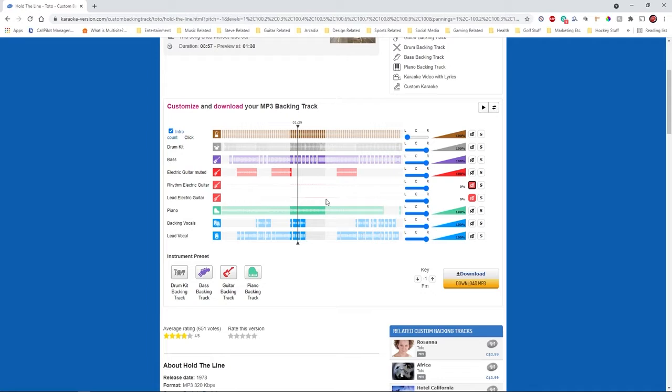Sometimes the lead guitar will be all on one track, but sometimes if there's a guitar solo, it'll be just on its own track. So you'll have to remove the lead guitar and the rhythm guitar. If you're a bass player, just remove the bass. Once you've had the track set up for your instrument, just click the download MP3 button and you will get